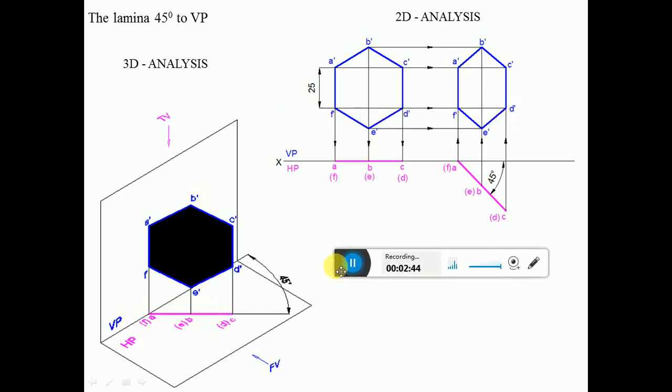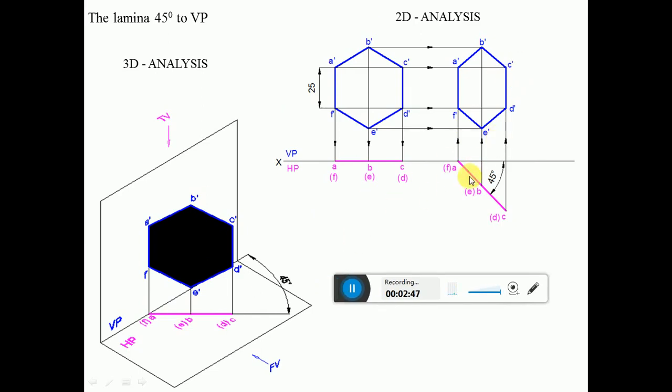Now when you are looking at the 2D analysis, it is resting on one of the sides on VP, so we are marking that AF is on the vertical plane, and the surface makes an angle of 45 degrees to VP, so that inclination can be seen in the horizontal plane. You can see this is the horizontal plane, on that you will be able to see the inclination. And when you look from the front view, this is how you are going to get the projected surface of the hexagon on the vertical plane. For better clarity, we have not shown the projected surface on the vertical plane, because it becomes clumsy.